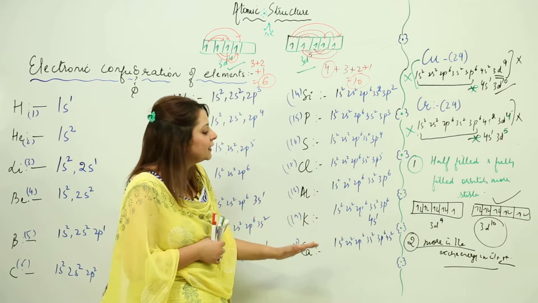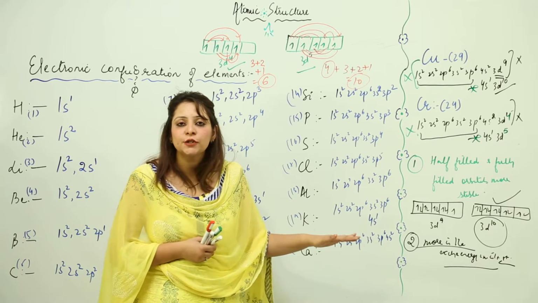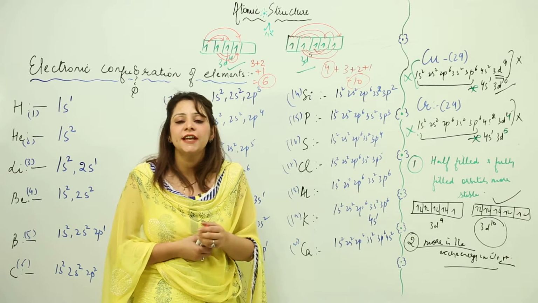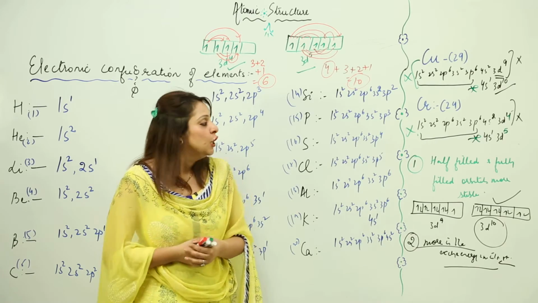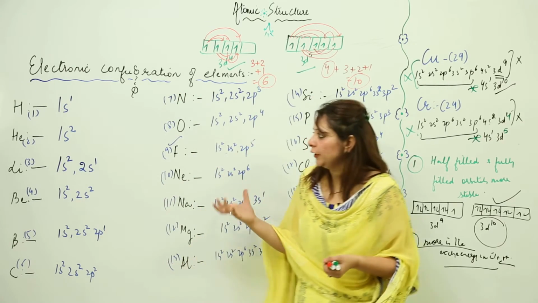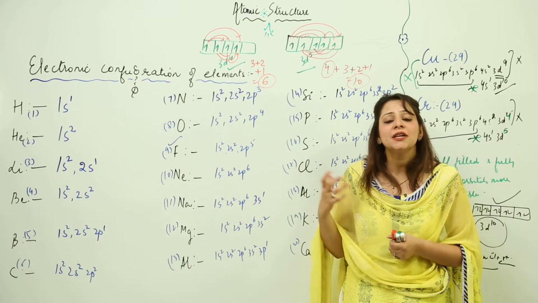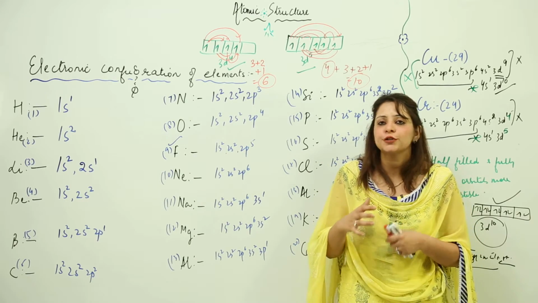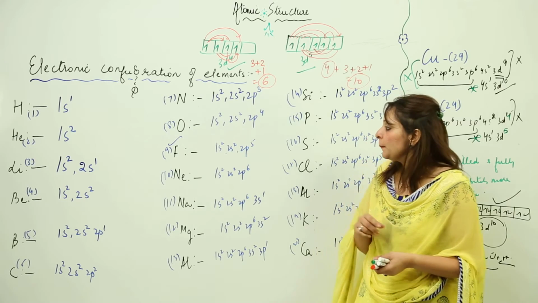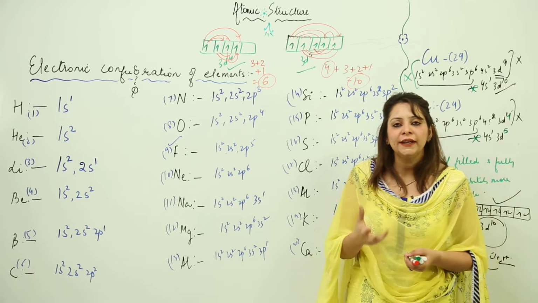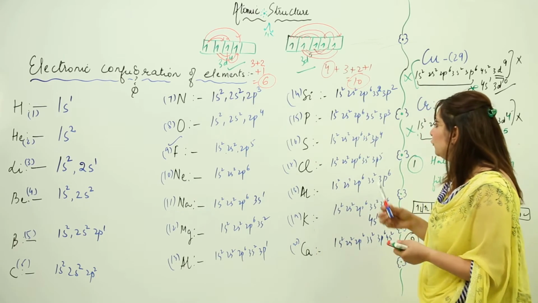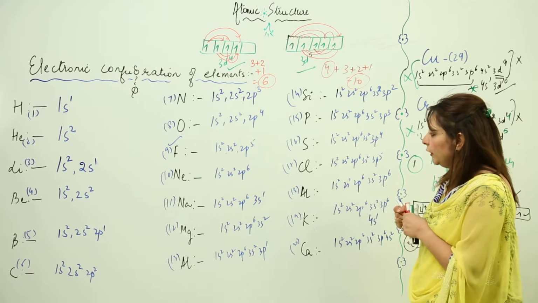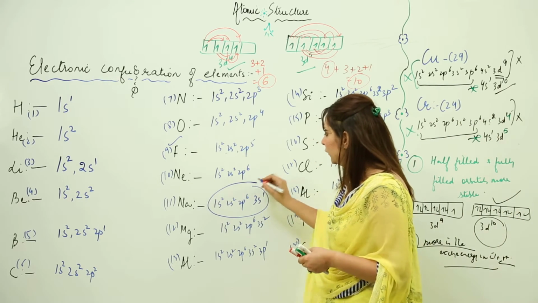And the second is that the more the exchange of places of the electrons, the more the exchange energy, and the more the stability. So this is how you are going to write the electronic configuration for different elements. Just learn the atomic numbers first and try to write the electronic configuration for any atom. And one more thing: in books you will see that sometimes the configuration, like if I say for sodium, is written in this order.